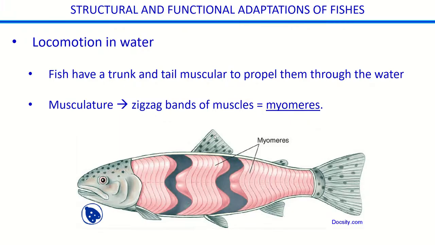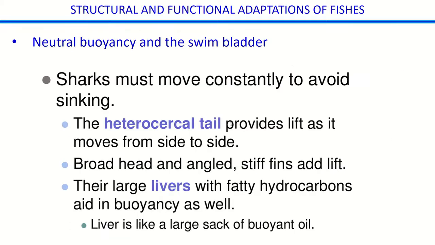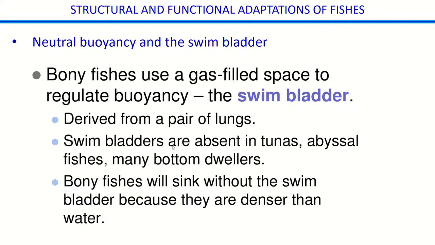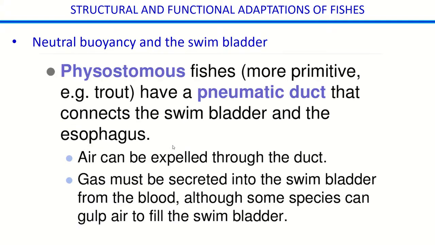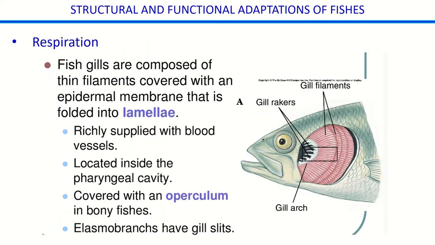More structure and function, myomere muscles, and the importance of the way that fish swim and use locomotion in water. That's very important. And you can imagine that I spend a lot of time on this. The different types of tails and how you relate the different tails to the different groups of fishes, for example. You need to understand what that is. Yeah, swim bladders and